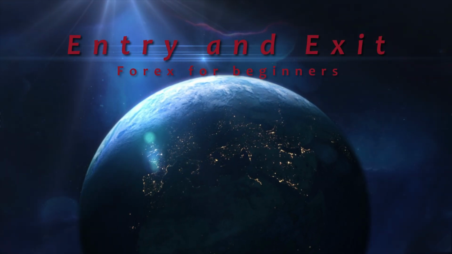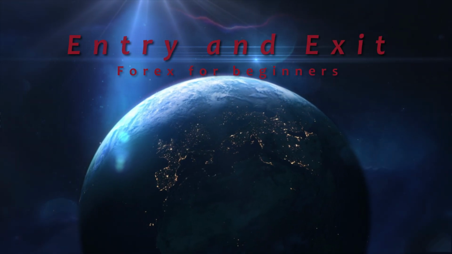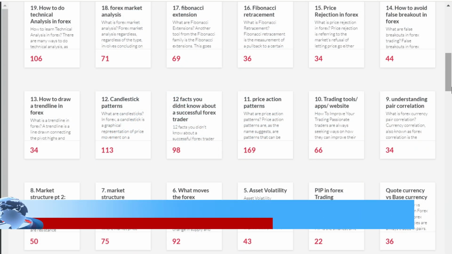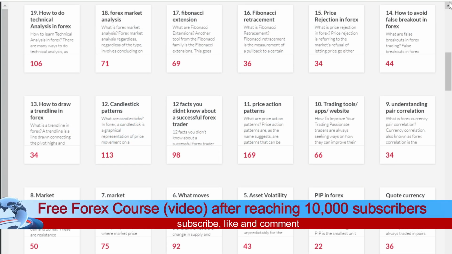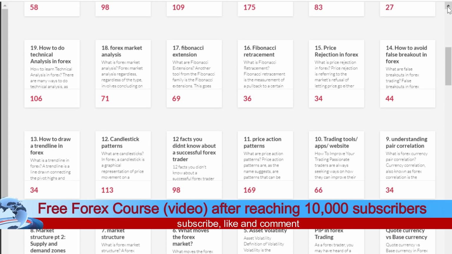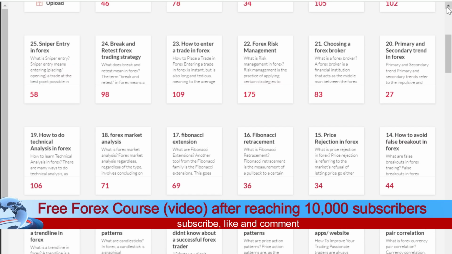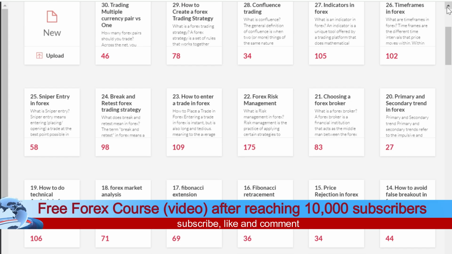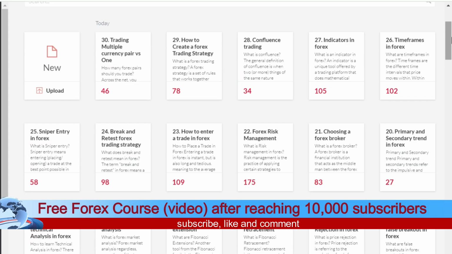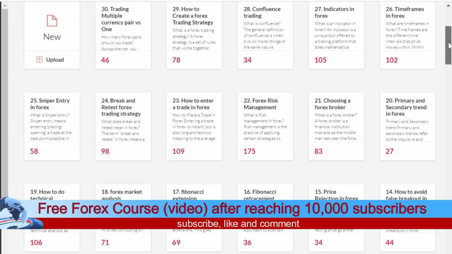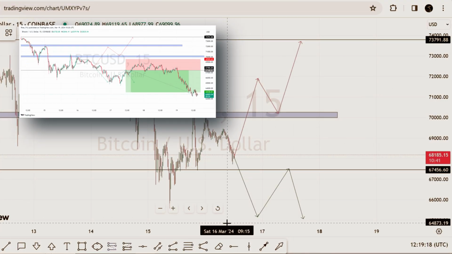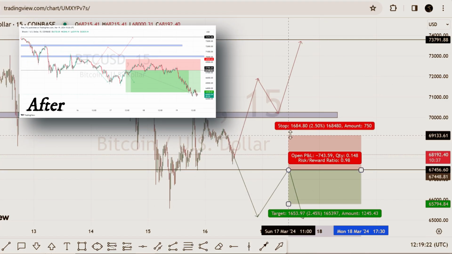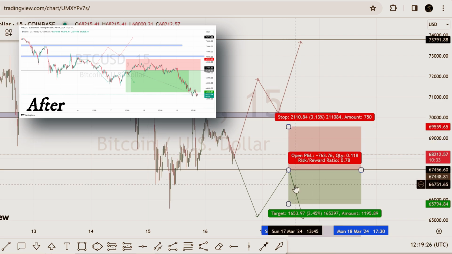In the fast-paced world of Forex trading, your success often hinges on two critical decisions: when to enter a trade and when to exit. These choices determine your profitability, risk exposure, and overall trading performance. In this article, we will explore the essentials of Forex entry and exit strategies, breaking down actionable insights to help you optimize your trades. Whether you're a beginner or an experienced trader, understanding these principles is key to navigating the